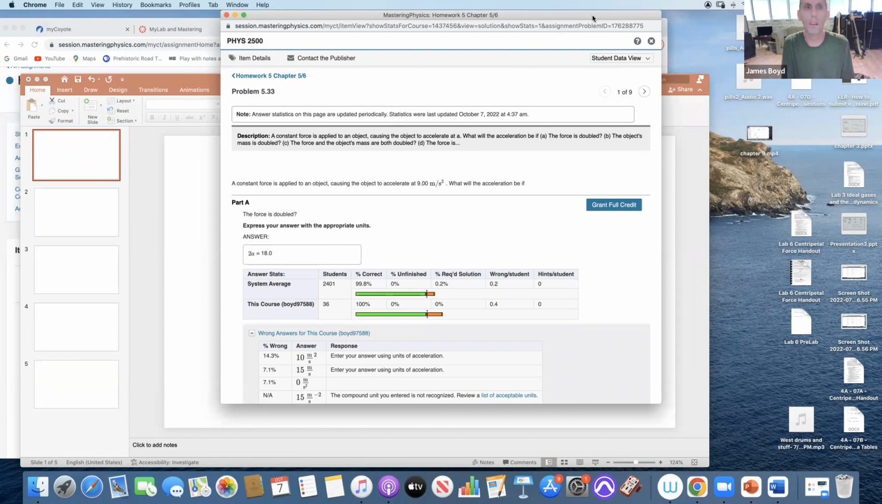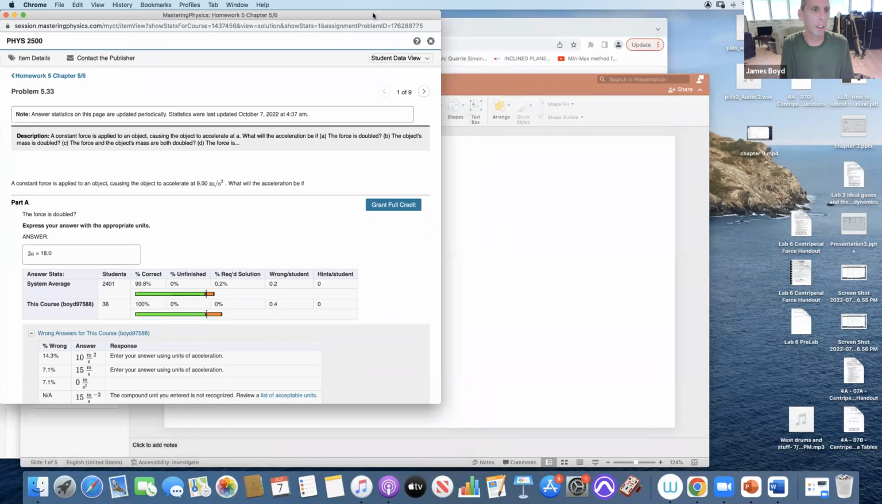All right. So let's start here. A constant force, which in our class, all forces are constant, is applied to a vehicle, an object, which causes an acceleration of 9 meters per second. What will the acceleration be if we double the force? Well, this one's easy, but